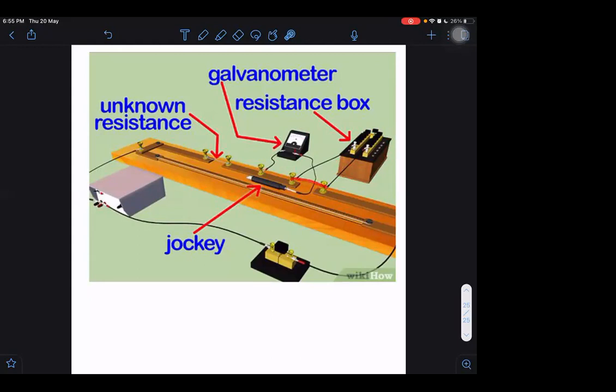So if I want to place certain known resistance between these two terminals, then I will use this resistance box. On the left hand side we keep the unknown resistance, and on the right hand side we keep the known resistance. Normally we do that only. Although there is no hard and fast rule, nothing will happen if I keep this one on the left side and this one on the right hand side. But normally a standard procedure is we keep the unknown resistance in the left hand side gap.